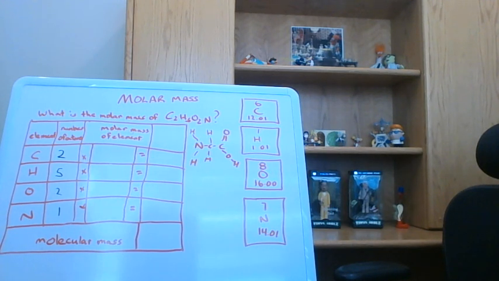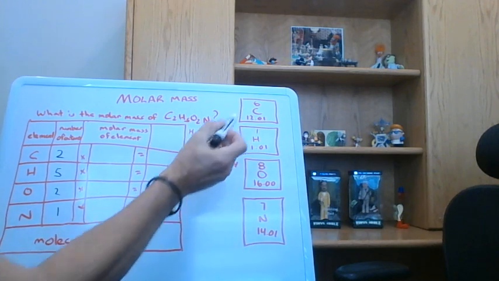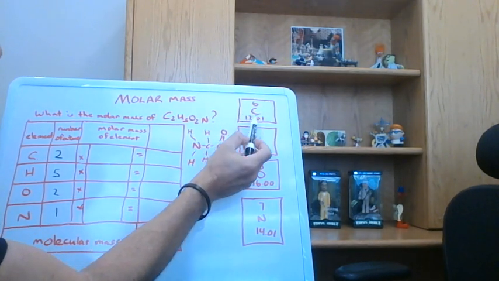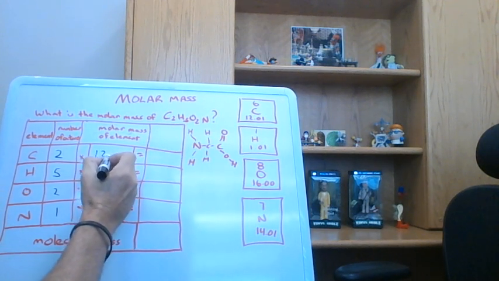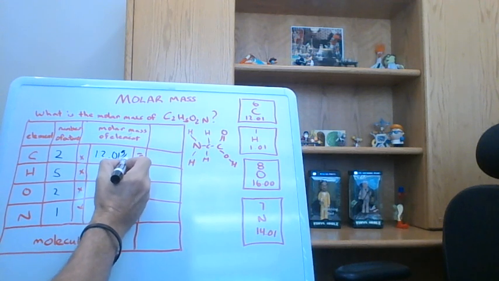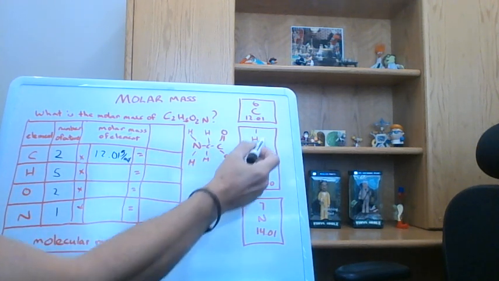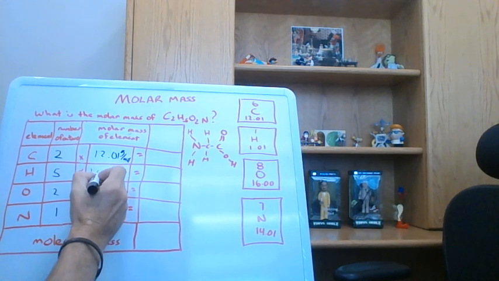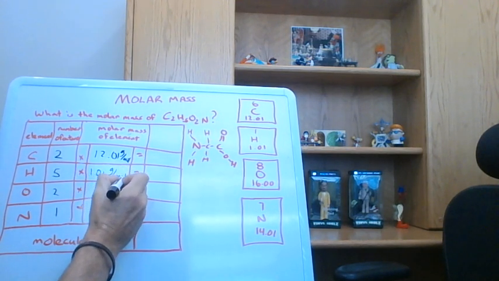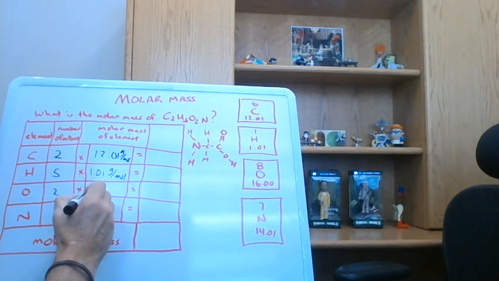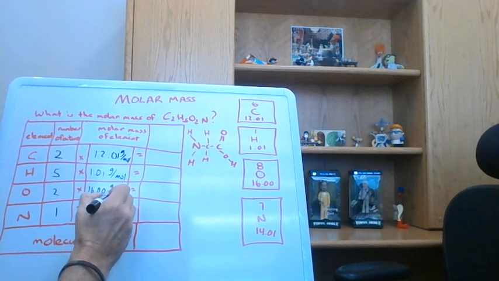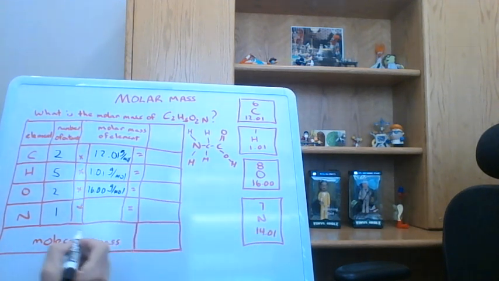The next thing we need to do is find out how much each one of those elements weighs. And what we do is go to our periodic table and look for the atomic weight. So if this is our symbol for carbon, it's element number 6. Its atomic weight is about 12.01, so we'd put in 12.01 grams per mole. And then we'd find hydrogen, element number 1, and it's about 1.01 grams per mole. And then find the symbol for oxygen, element number 8, it's about 16.00 grams per mole. And then nitrogen is element number 7 with about